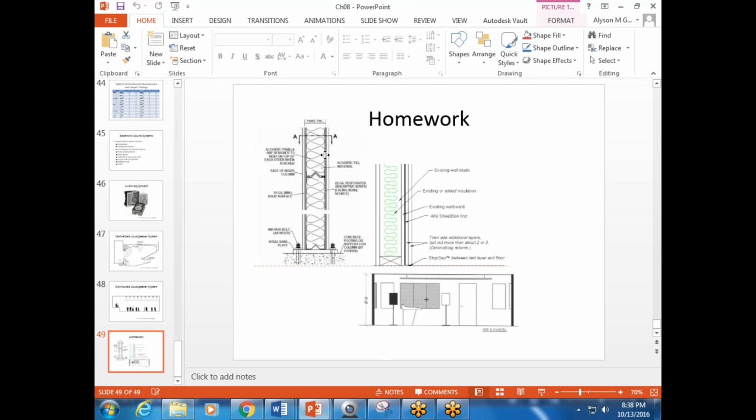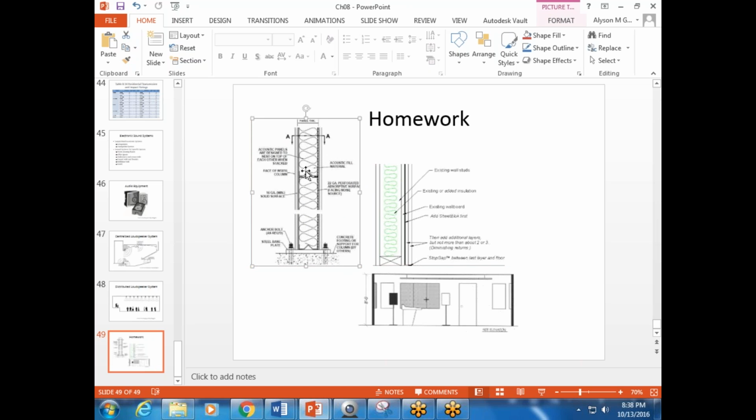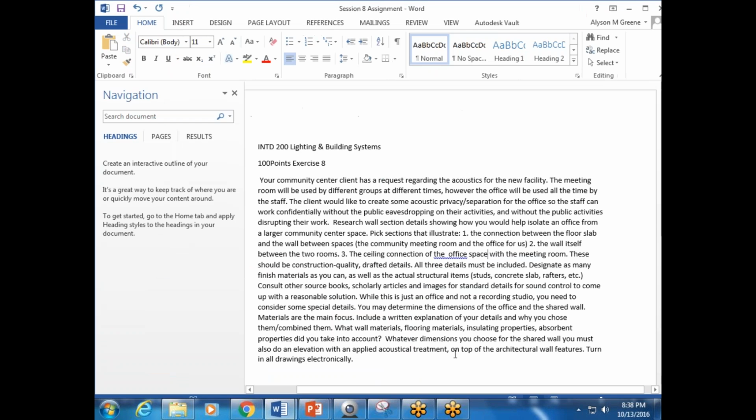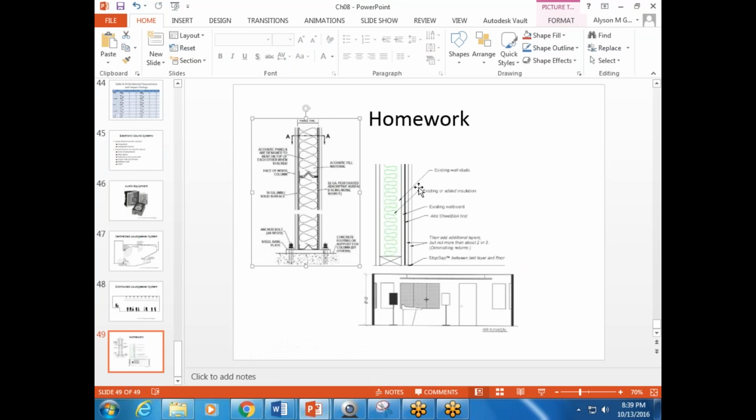right now. So say I found this one where it says acoustic fill material. I want you to be a little bit more specific. So in there I said what wall materials, flooring materials, insulating properties, absorbent properties did you take into account? What I'm asking you to do is say, here's a product that I use. So on top of just saying, this I'm going to have be insulation, you might have done some research into what that means, acoustic insulation in between